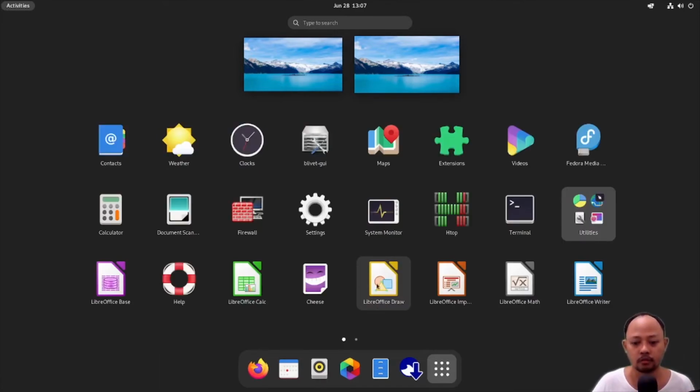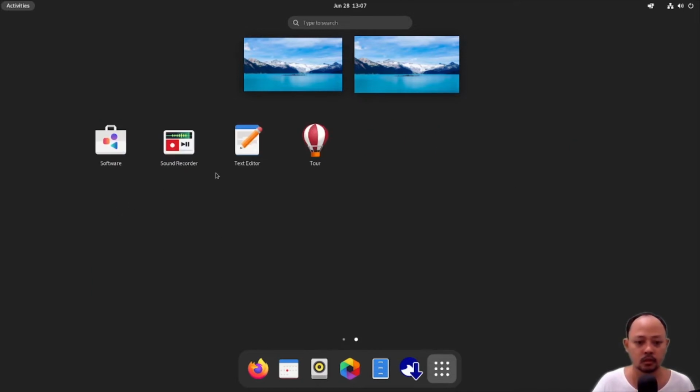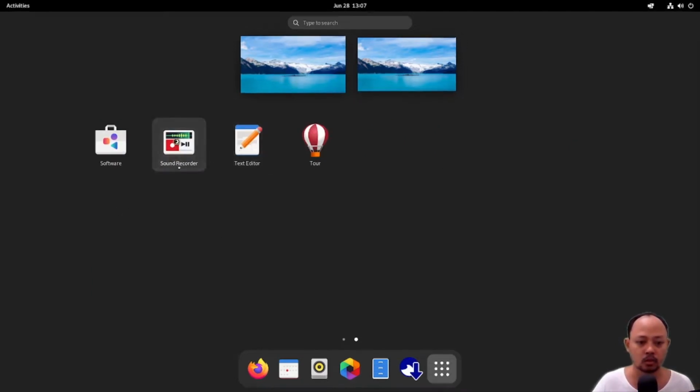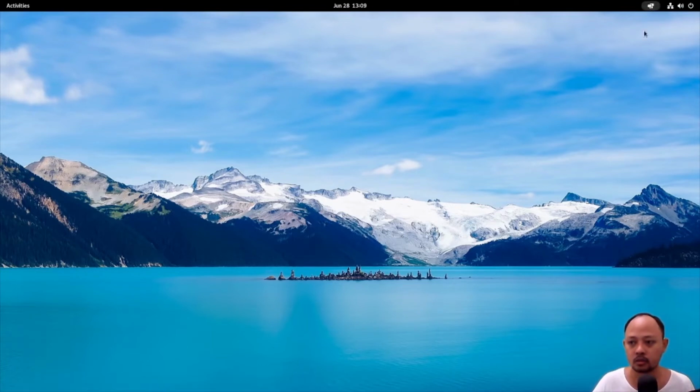So we have Office here, as you can see, and then Firewall. Okay, I think it will be very useful for those of you who are learning about networking or system administration. What is this?